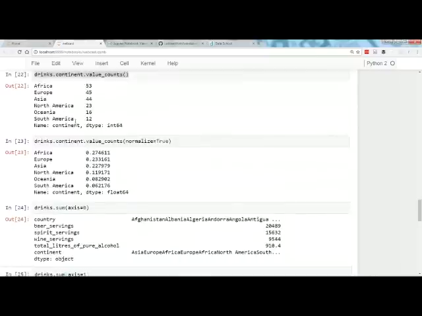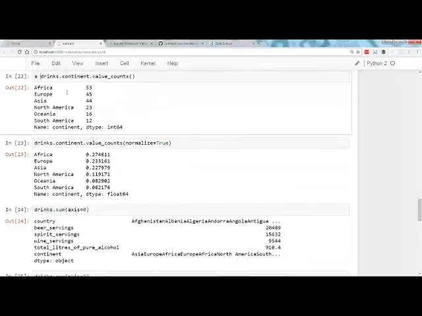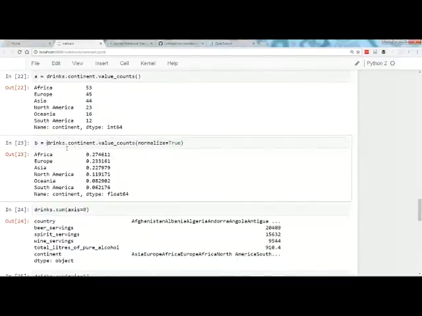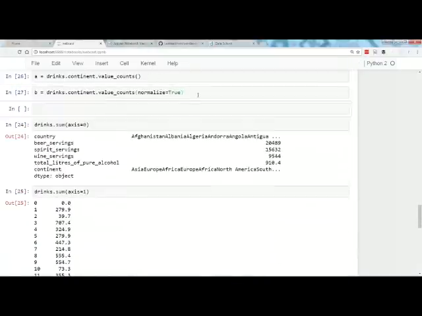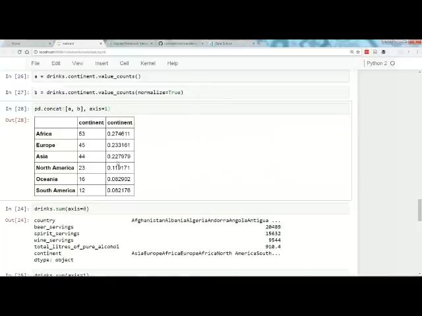Now, you could use concat to put these two things in the same data frame. And maybe I'll do that right now. I feel like I haven't been writing as much code as all of you are expecting, so I will try to write a bit more code. So let's just save these as A and B, and we'll do pd.concat, and we'll pass it a list of objects to concatenate, and we'll say axis equals 1 to put them next to one another. And here are those two things next to one another, but I wouldn't know how to get these other things all in the same data frame.